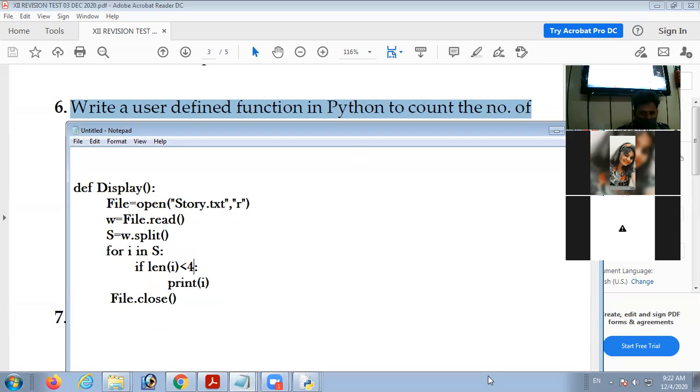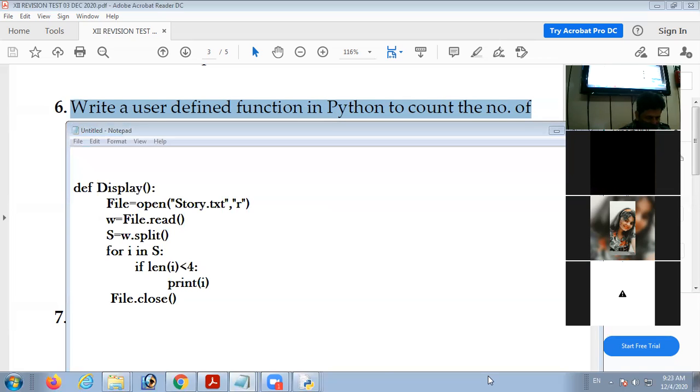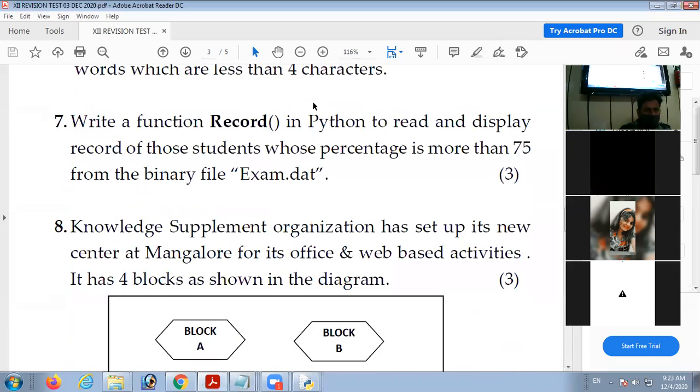Any doubt in this? Ria? No, sir. Next is